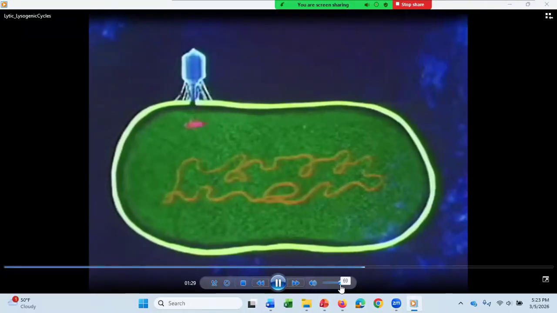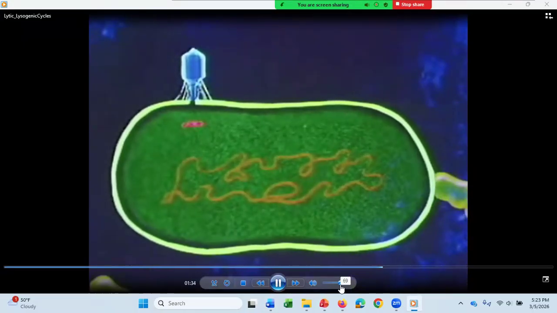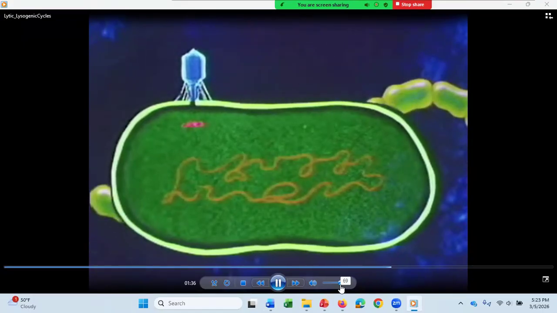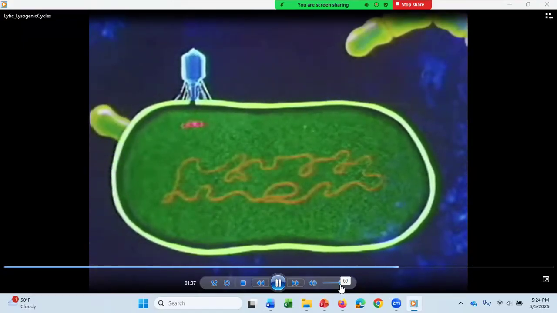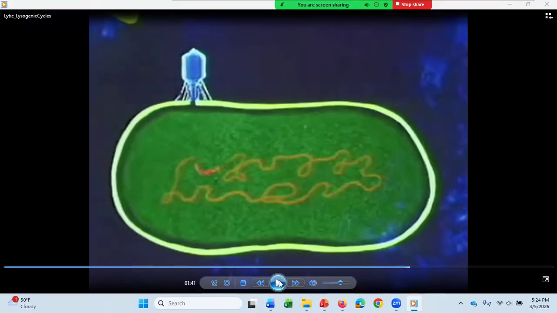Interestingly, the lytic cycle does not always happen immediately. Sometimes, rather than producing virions, phage nucleic acid incorporates in the host cell DNA. And remember, that only happens with a lysogenic virus. A lytic virus can only enter the lytic life cycle, but a lysogenic virus can enter either the lytic life cycle or the lysogenic life cycle. And it has to decide when it first enters the host cell which life cycle it's going to follow.